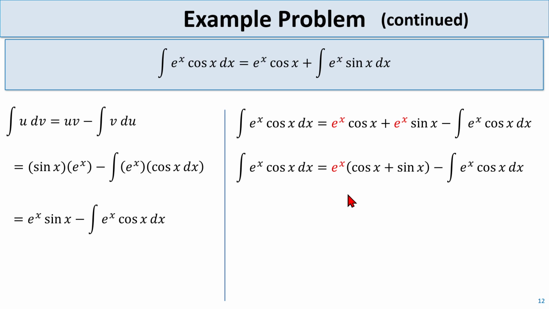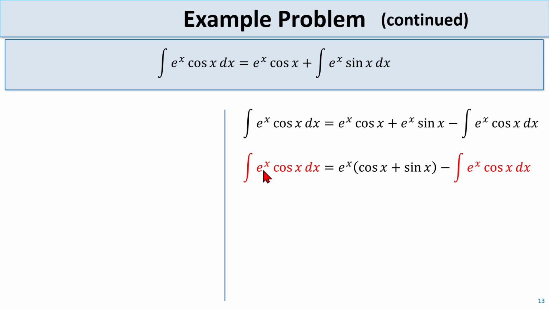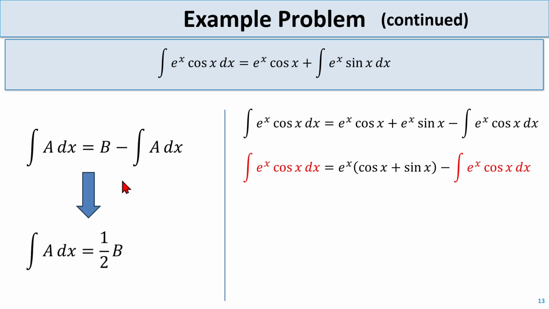Now, what I want to notice is that the integral on the left is the same integral that we have on the right. In other words, what we're looking at now is an example of what I was describing at the beginning. We have the integral of something equals b. b is this entire expression right here, e to the x times cosine of x plus sine of x, minus the integral that we started with. So we can apply this principle,